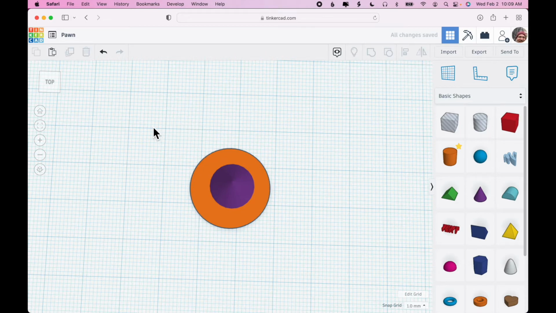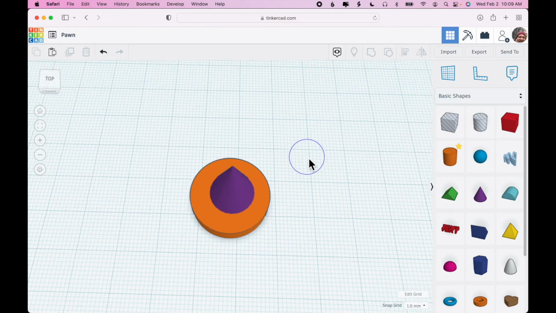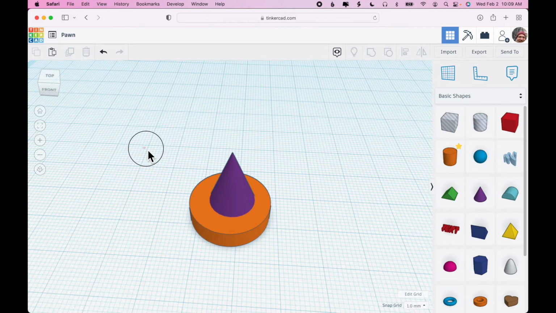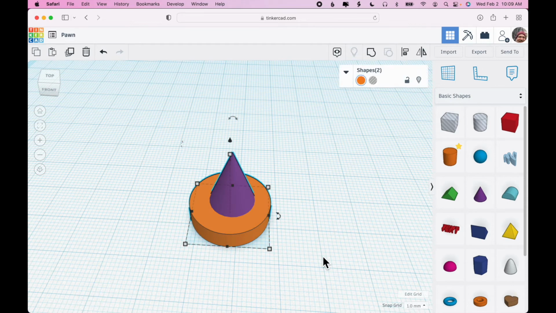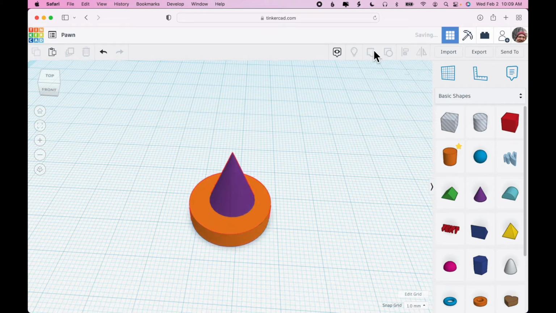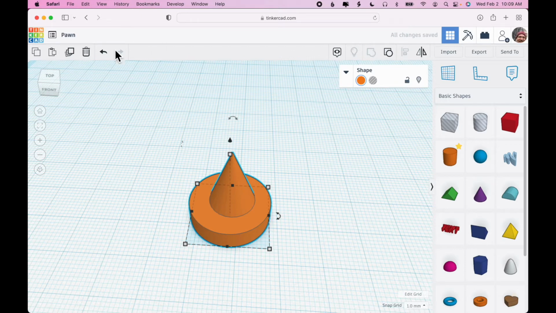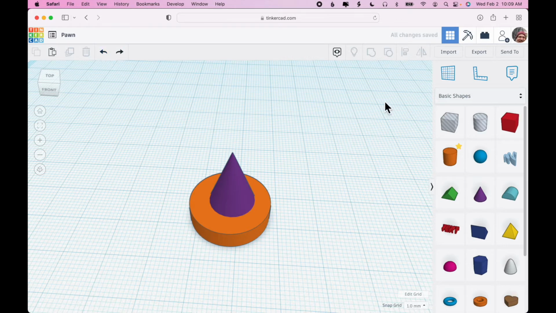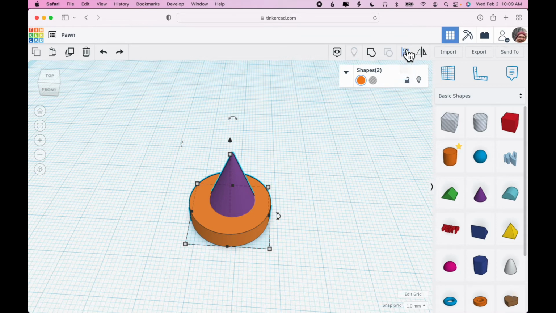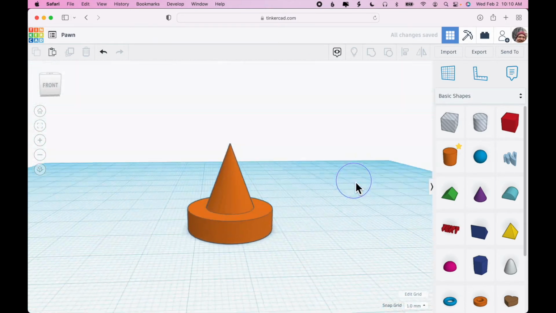So instead what I'm going to do is click outside either of these shapes so that neither one is selected. Then I'm going to click and drag a bounding box to select both shapes. You can see I've got two shapes selected here. And up at the top I'm going to click the group icon. Oh, excuse me, I don't want to do that yet. So I undo that, click and drag to select both, and what I want to do first is to click the align icon. So I can align it from front to back and from side to side, and then I can click group, and I've got the shape is